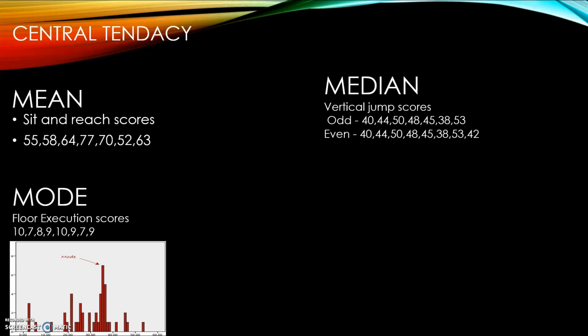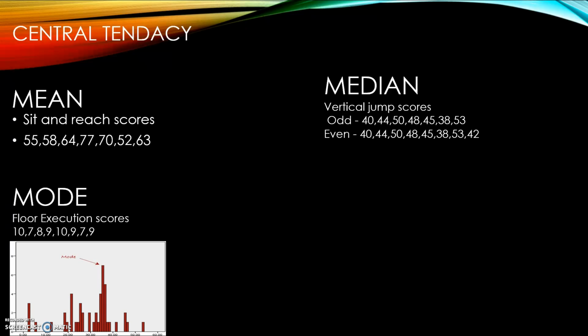Next we look at central tendency. Central tendency is having one value that represents the whole data set. This can either be the mean, mode or median. So the mean is the average of the data set. So if you add all the data values in the data set and divide them by how many there are,